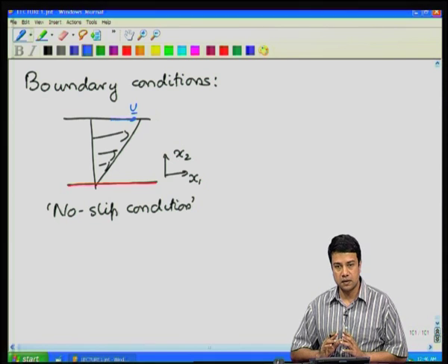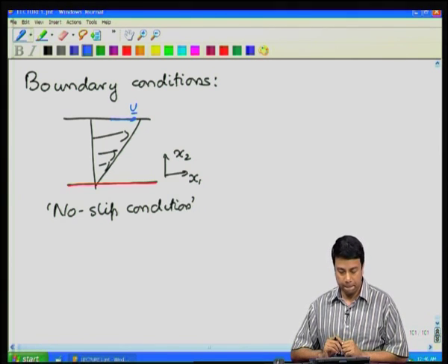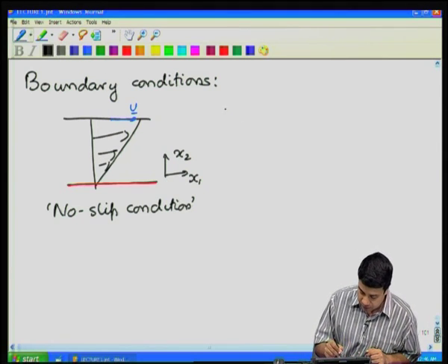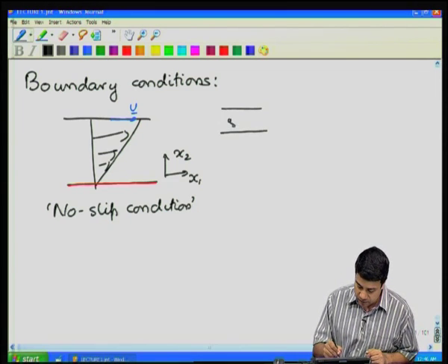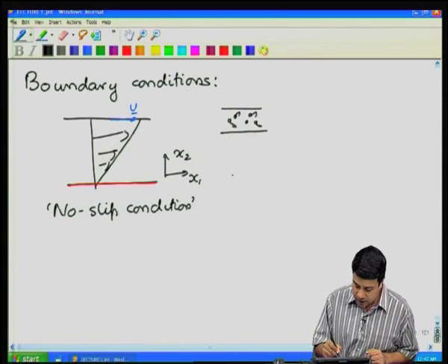These conditions are general, applicable to most cases, unless you have what is called slip at the boundaries, when the distances are sufficiently small that they become comparable to the mean free path. In that case, what happens? If my system is sufficiently small, in microscale and nanoscale devices, I have particles whose mean free path is comparable to the distance. And in that case, if you look carefully at the wall itself,